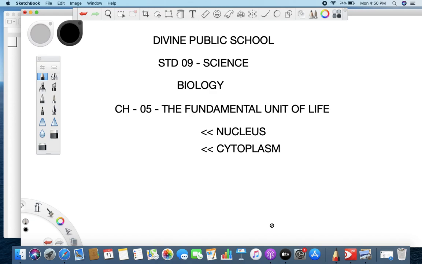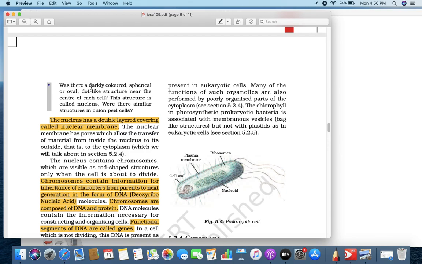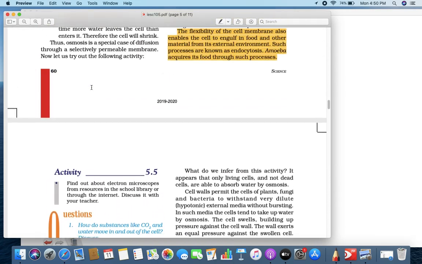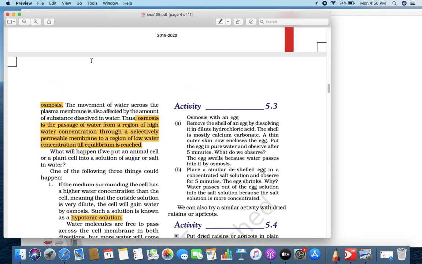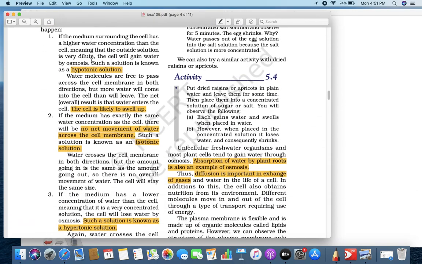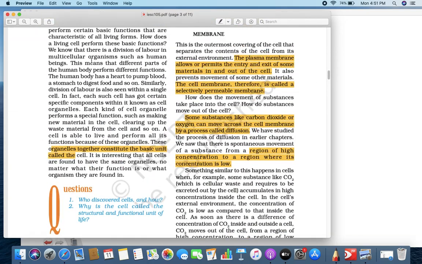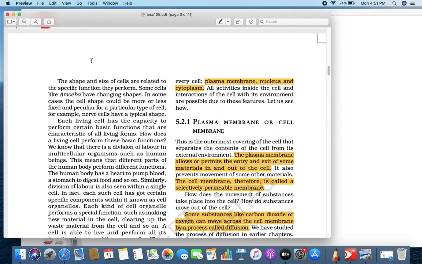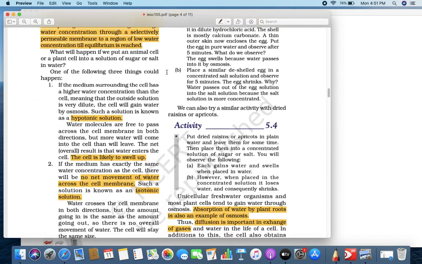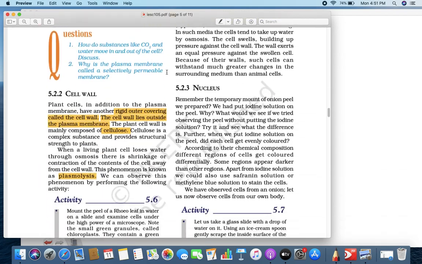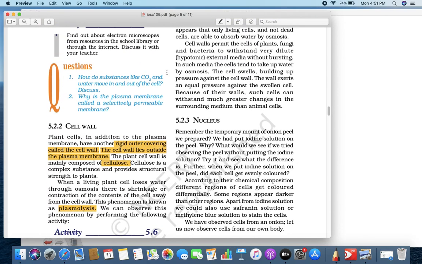Now, we were talking about the nucleus last time. Let me gather a little more information on the nucleus, and then I am going to take you deeper into it. When we started, it says a cell has three things. What are they? The plasma membrane, nucleus and cytoplasm. So, we started with the plasma membrane, then we saw the cell wall also in the middle. Now we are going to learn about the nucleus, which we have already started.